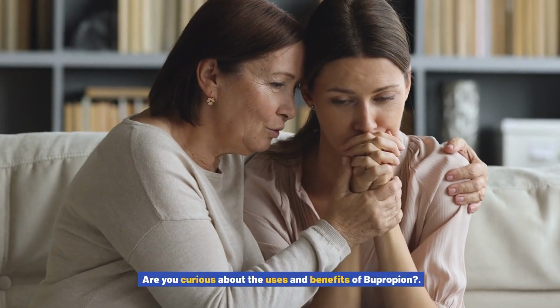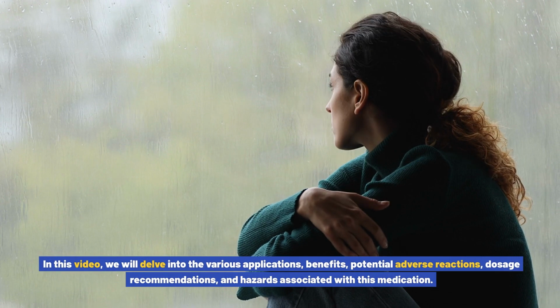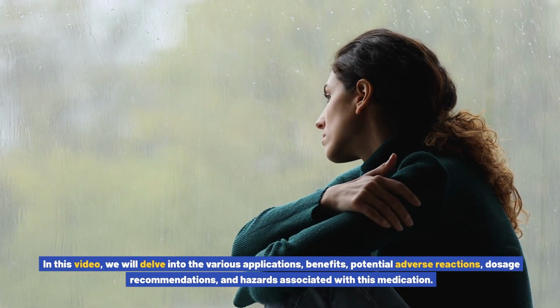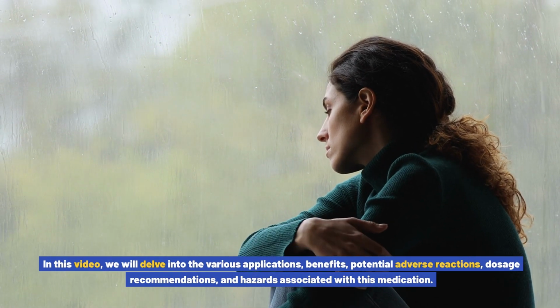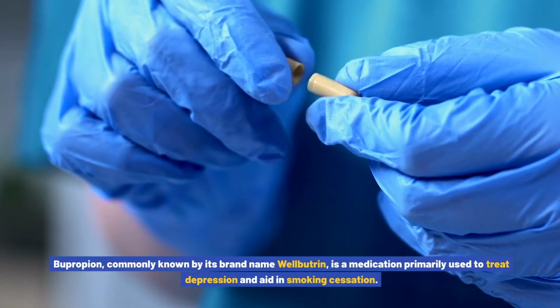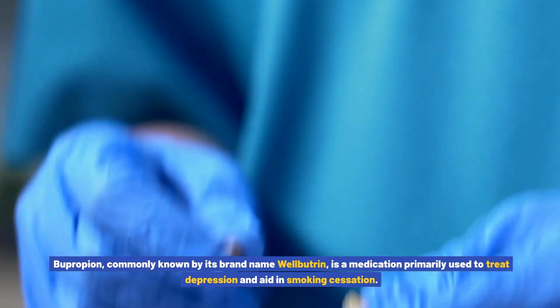Are you curious about the uses and benefits of bupropion? In this video, we will delve into the various applications, benefits, potential adverse reactions, dosage recommendations, and hazards associated with this medication. Bupropion, commonly known by its brand name Wellbutrin, is a medication primarily used to treat depression and aid